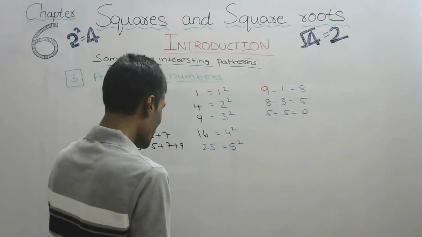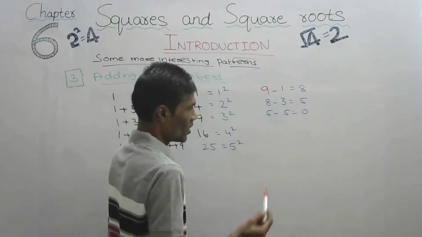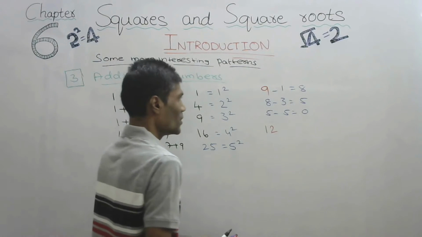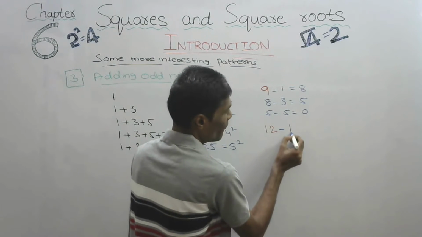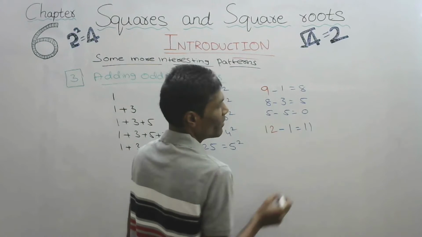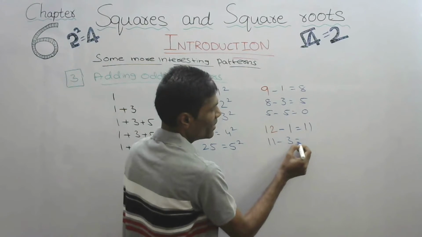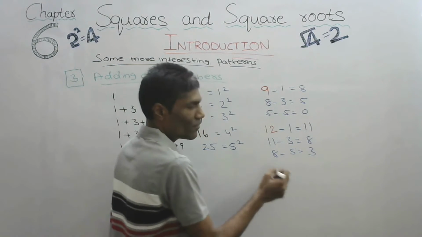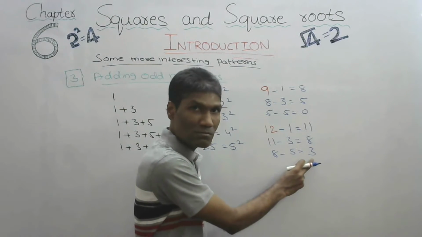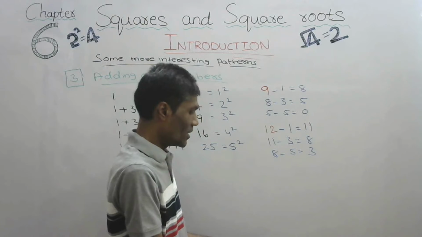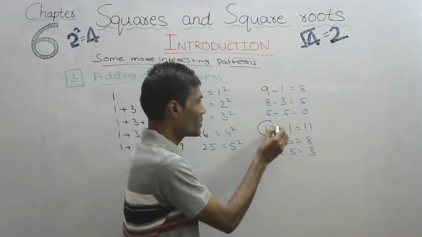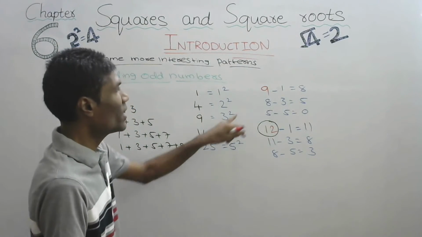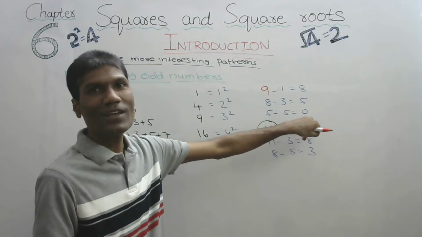Like that we can do for any number. Say, take any number like 12, I will take now. 12 and let us see what is going to happen. First what we are going to do? Minus 1, the first number, 11 we will get. 11 minus 3, 8. 8 minus 5, we will get 3. Further, not there. Did we get 0? No. That means this 12 is not a perfect square. For any perfect square, if we follow this, at last we will get 0.